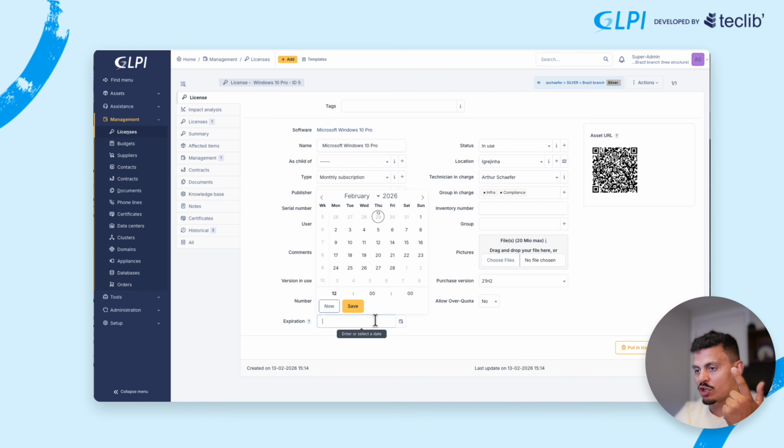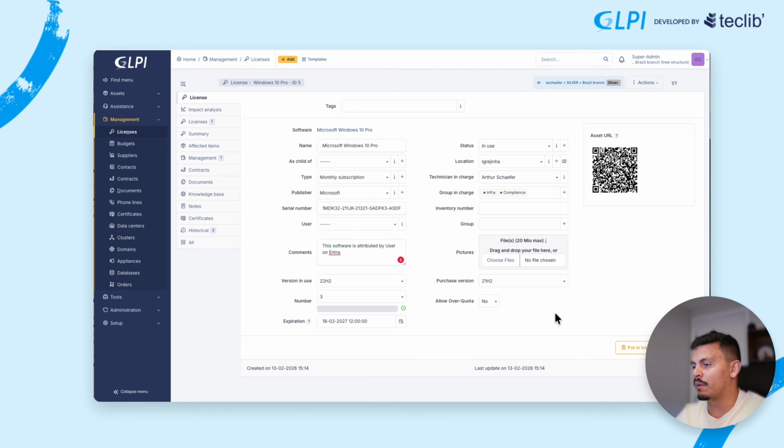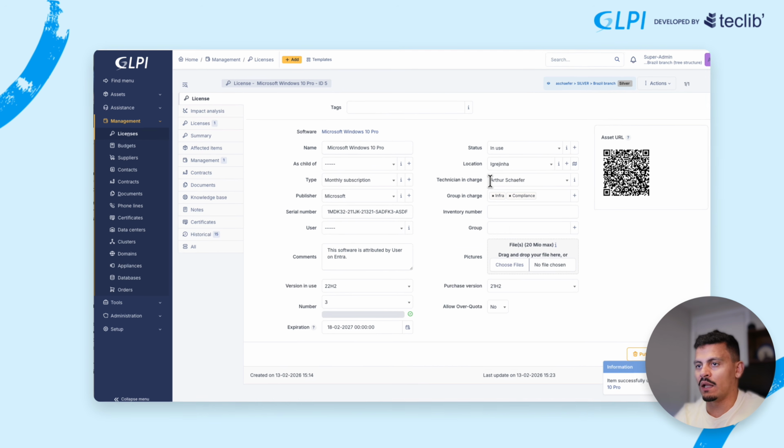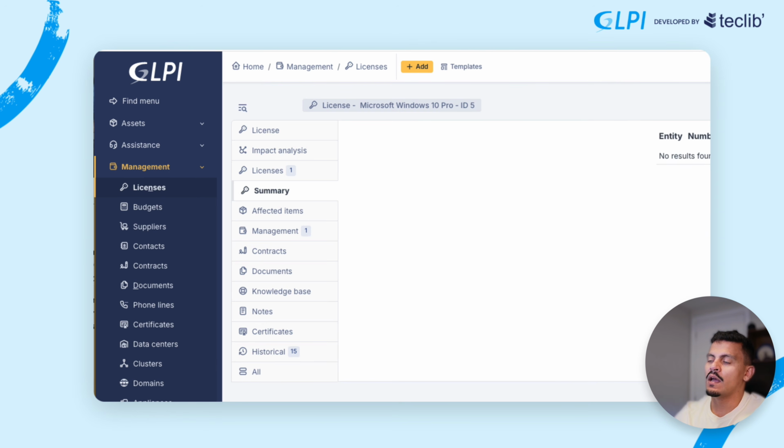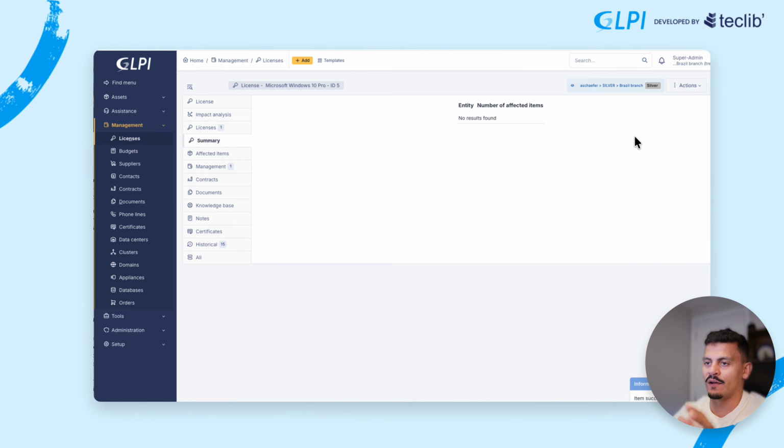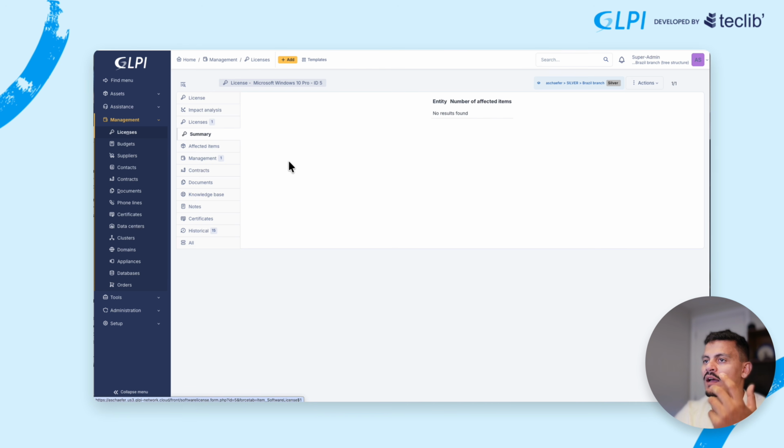And the expiration, I could leave it empty if I don't have an expiration, but let's say that it will expire in 1 year. We are in February, I guess, and let's say it's the 18th, I don't remember. Let's save here, and then I have created my licenses. If I look at the summary, I don't have anything else in here besides no results found. So now I can come back to my software, which is the Windows 10 Pro